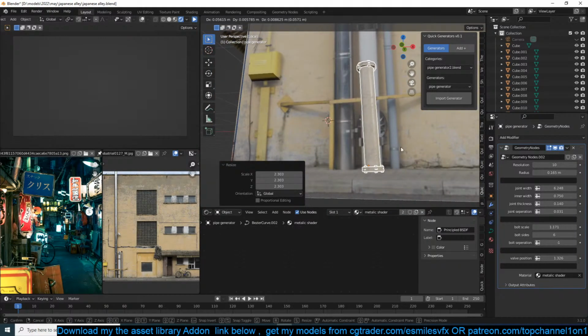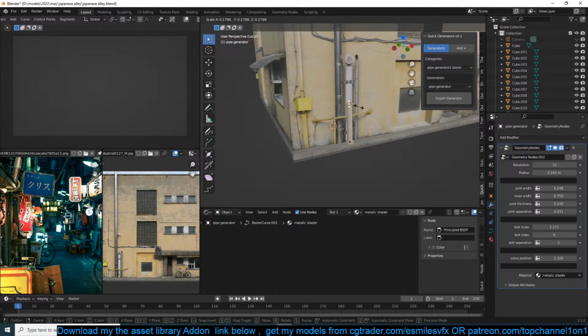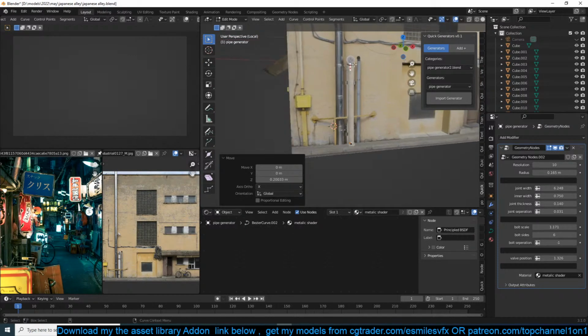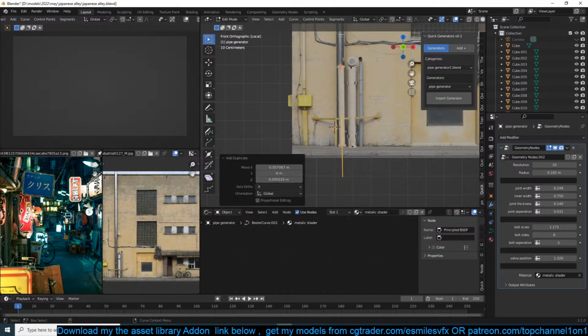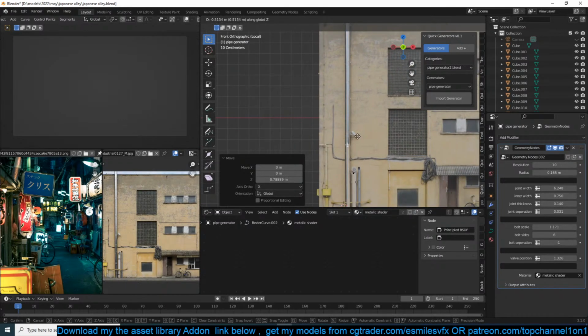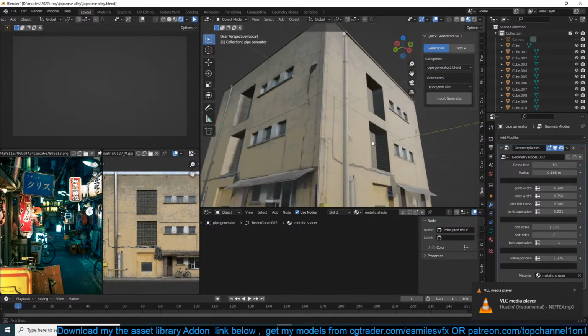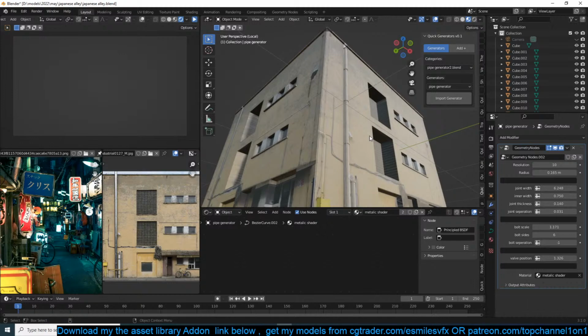So this is going to be a pipe here. Then duplicate this, have another pipe, like that.